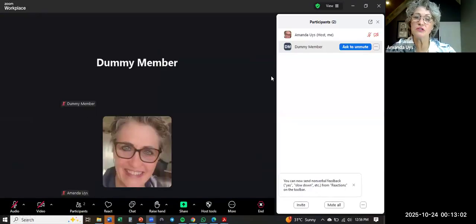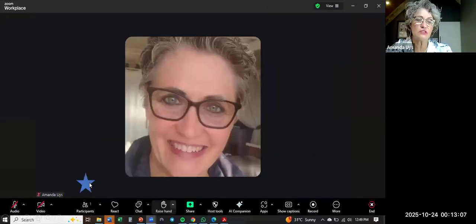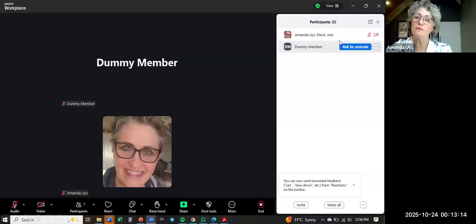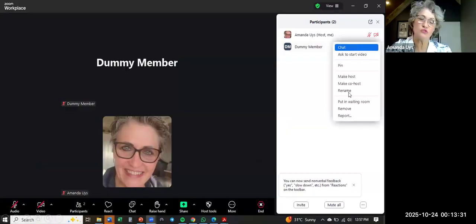The next thing that you can do is, I just want to go back two screens. There on the bottom where it says participants, do you see the star? If you click on that star, this will come up. Remember, you now have one person. You opened up the screen for one person, a meeting for one person. On that screen, if you take your cursor there, you can also click and say ask to unmute, or you can also make them the host or the co-host or rename them. So there's the same things that you could do on the previous screen.